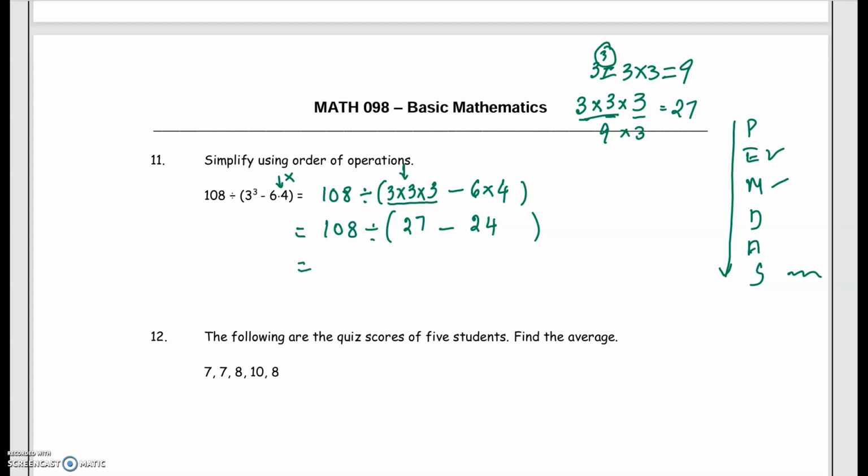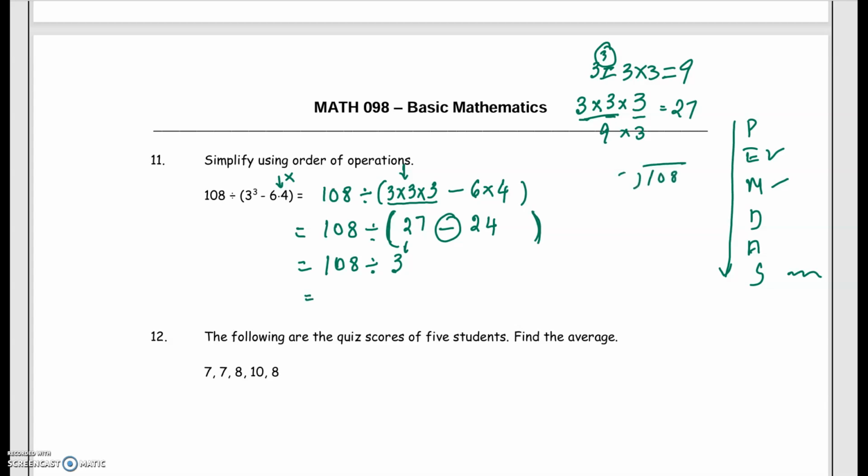Now again, parentheses first. Unless what's inside the parentheses is simplified to a single number, you cannot think of doing anything else. So again, we look inside the parentheses. There's only one operation, which is subtraction. So we do that. 27 minus 24 is 3. And then notice that we don't need to put parentheses if there's a single number, and that means we've simplified what's inside the parentheses completely. And now we're going to divide